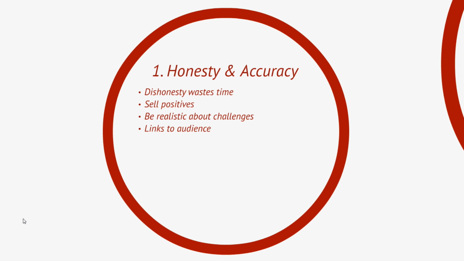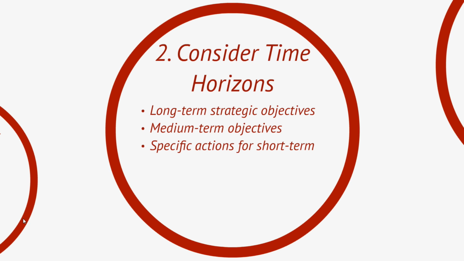Make sure that the plan covers an appropriate time horizon. It should address longer-term strategic objectives as well as medium-term tactics. The plan should give a vision for the future, plus how that vision will be realised. Business owners don't have crystal balls, but get across your passion for the business and what you want to achieve with it. The plan should also contain specific actions for the short term, say the next year.